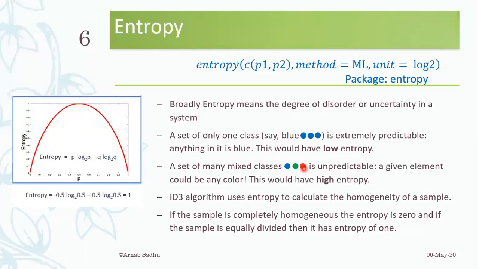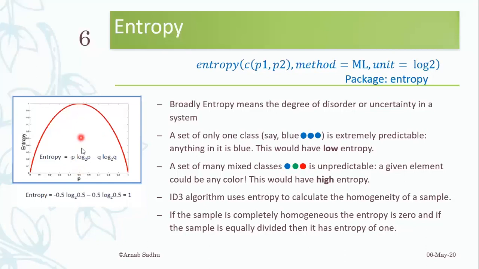If you see this graph here, this plots the entropy. This is the highest entropy, where we have 0.5 probability. If we split into two classes, then equal entropy is there on the left hand side or right hand side. Like if I toss one coin, it can be head, it can be tail on every occasion. There is no bias towards any side of the coin. So this is the highest entropy.